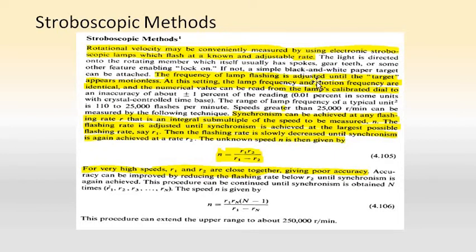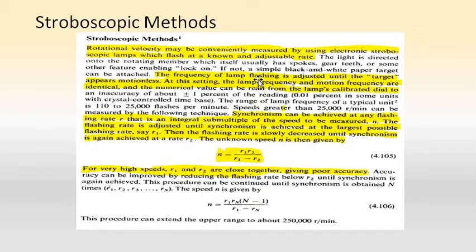If there is no disturbance or lock on or gears like that, then a simple color change in an alternate color material or target is also used, such as a black and white paper target. Now the frequency of the lamp flashing is adjusted until the target appears motionless. That is, the lamp is flashed at such a speed that the target where the light flash is touching appears motionless. And at this setting, the lamp frequency and the motion frequency are identical.